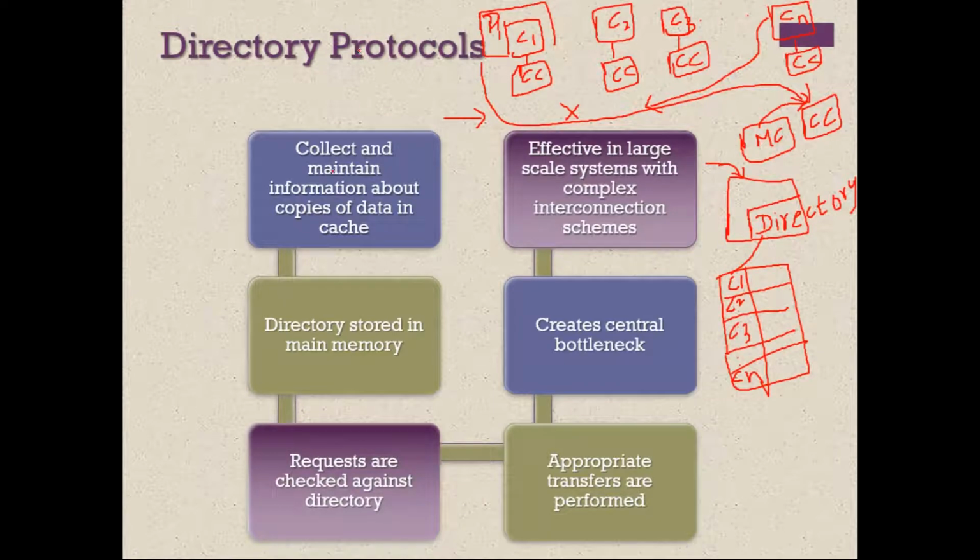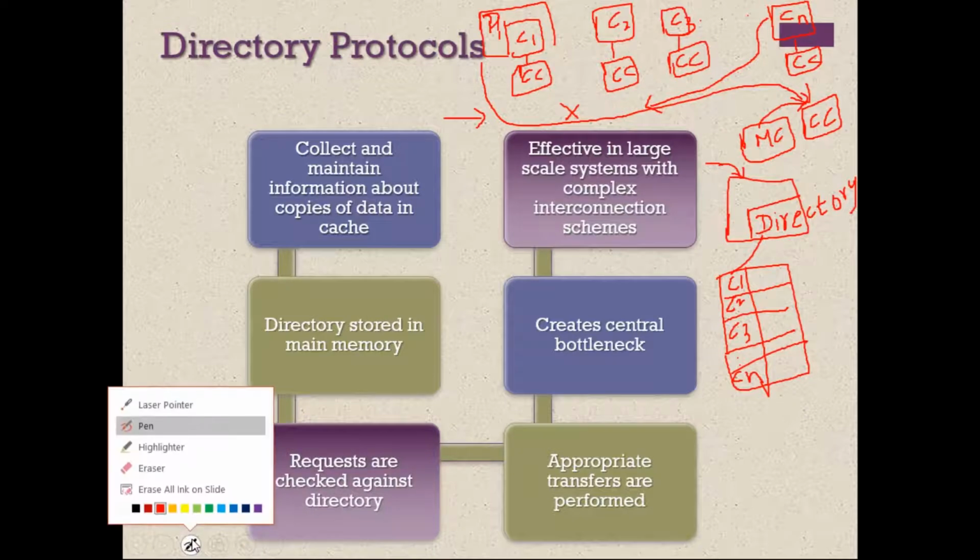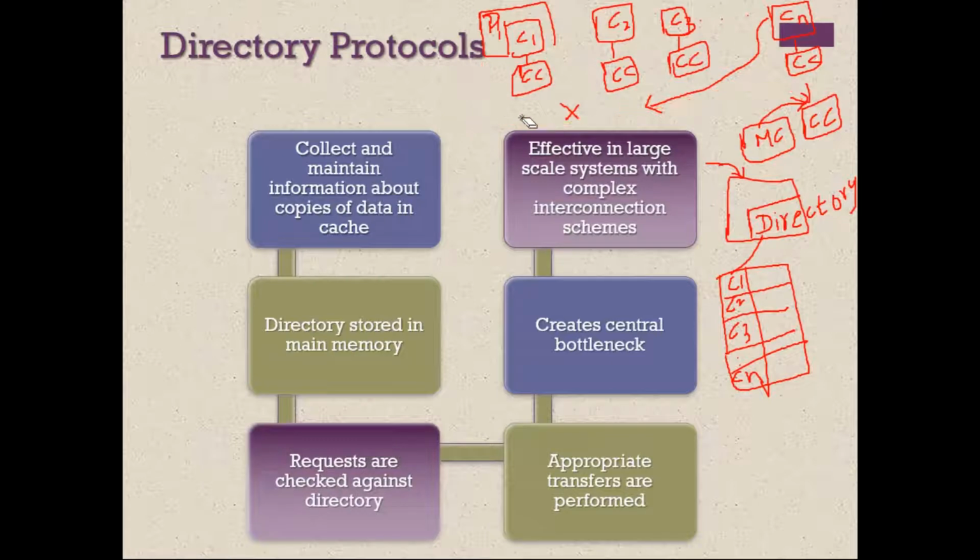In case of a write operation, if the processor wants to modify something in its own cache, say processor 1 contains some data x and wants to modify x to x dash, it cannot do that directly, because we don't know whether this x is only in processor 1 or somewhere else. There may be a copy of x here, there may be a copy of x somewhere else.